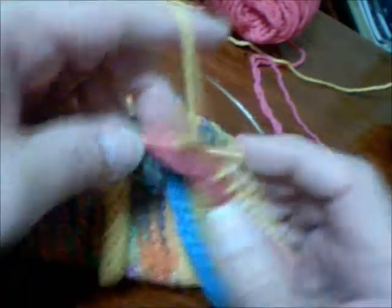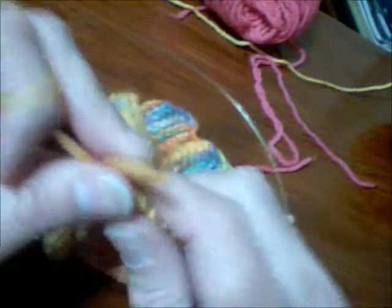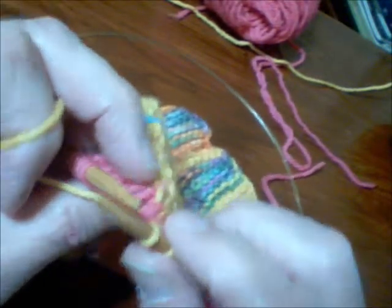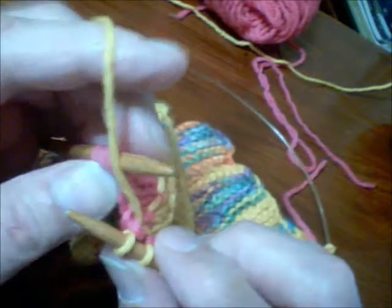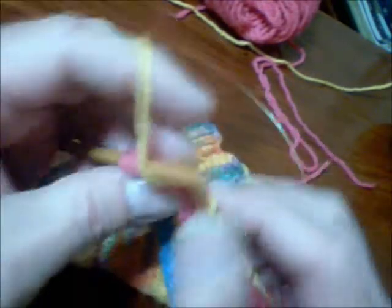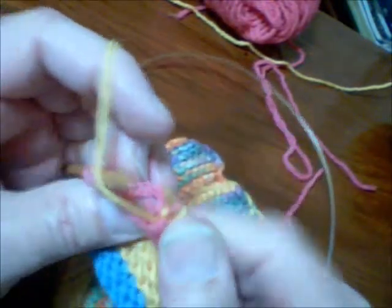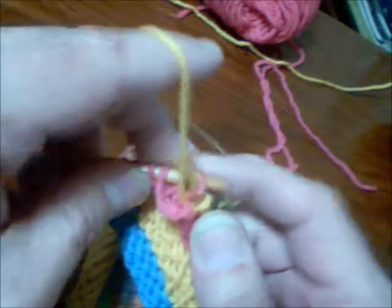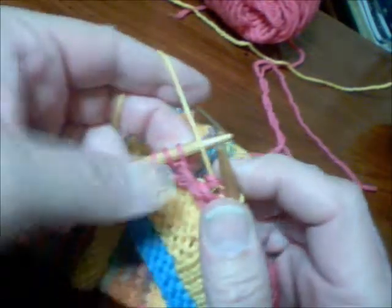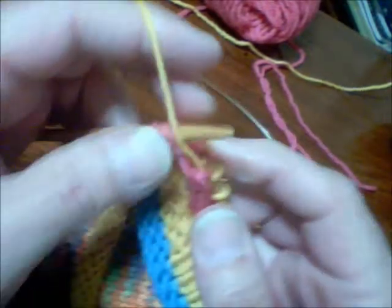Alright, so I'm nearly done, and I've adjusted the camera, brought it up a little bit closer. I'm about 3 inches from the lens, so I hope you can see it without too much confusion. I've got just a few more to go. Yarn forward, find the butt up, knit them together, yarn forward, find the next butt, bring it up,